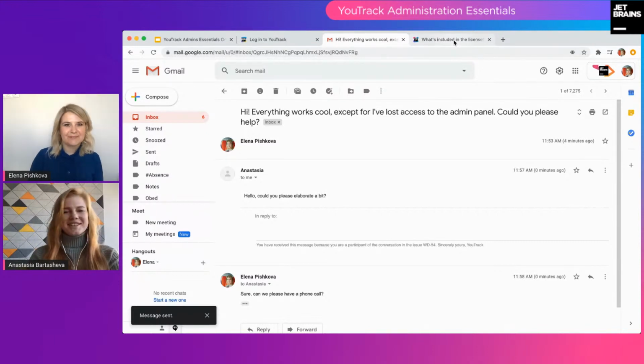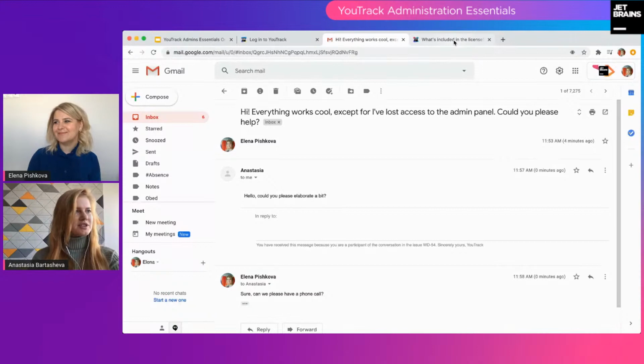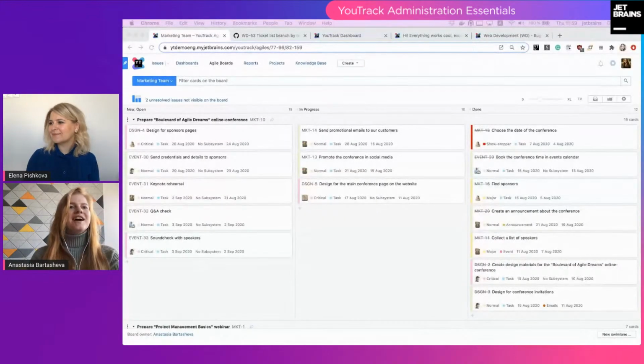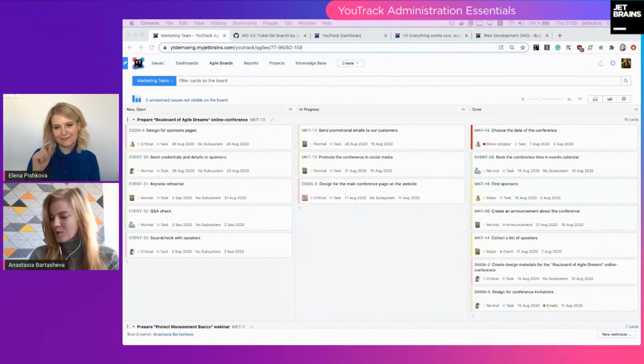Yeah, great to hear that. I have something, and actually I'm going to share my screen first. Now I'm going to leave this support ticket to our support team, and I'm sure they will handle it in a perfect way, and all problems will be resolved. And now we are moving to our fourth scenario,